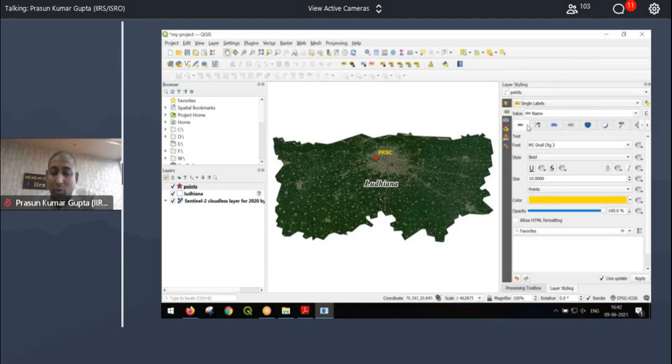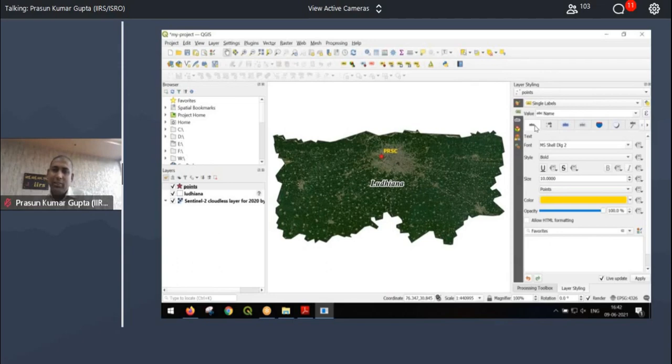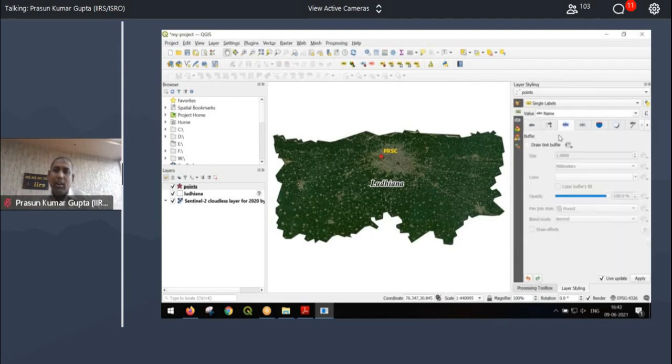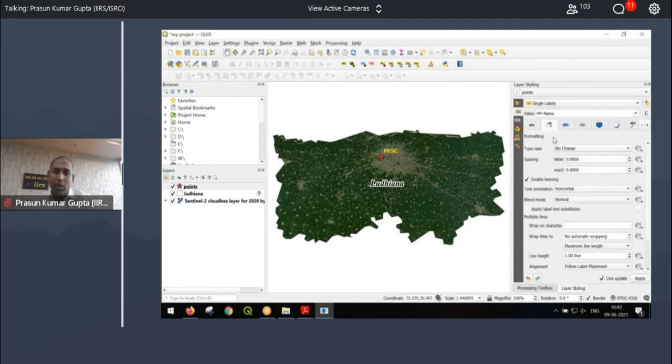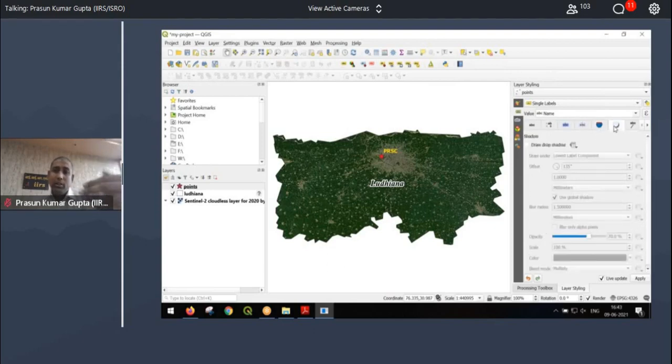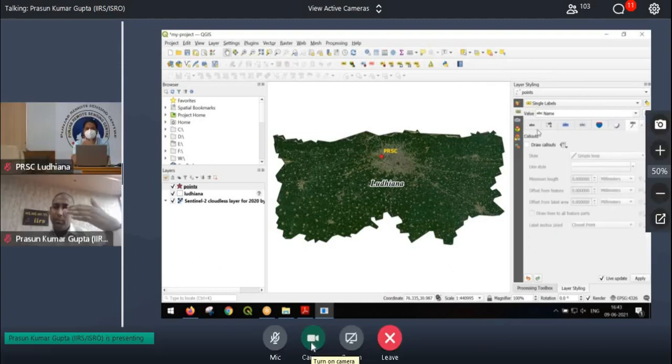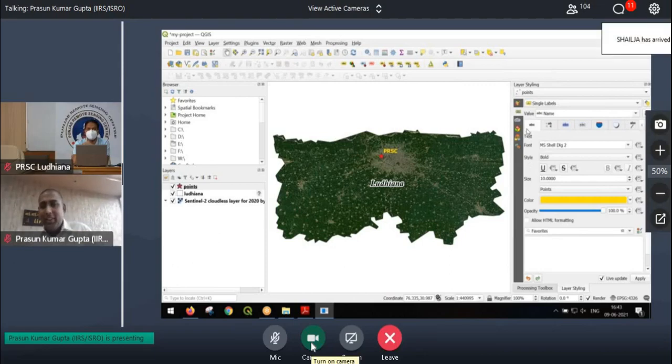Basic idea is there are so many options here. You need to find time. You have to invest time to understand these different options. One is to change the font, the size, style, color, type of buffer you want. You can change the case, uppercase, lowercase. You can draw some background. You can drop shadows. One day is not enough to just explain the styling options.